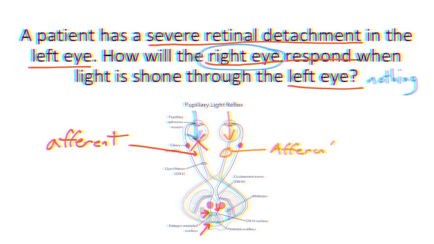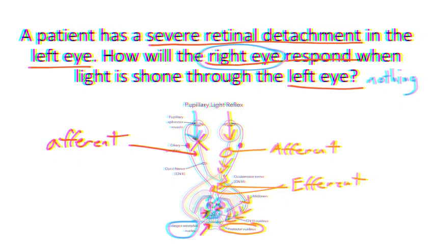In this case, the afferent signal and the efferent signal would be fully intact. So the right optic nerve would be able to get the signal to the midbrain and to the pretectal nucleus on the right side. And if the efferent signals are intact, that means the pretectal nuclei will be able to send the signal to the Edinger-Westphal nucleus on both sides and stimulate the ocular motor nerve. And then the ciliary ganglion will be stimulated, and both pupillary sphincter muscles will be stimulated, causing constriction of the